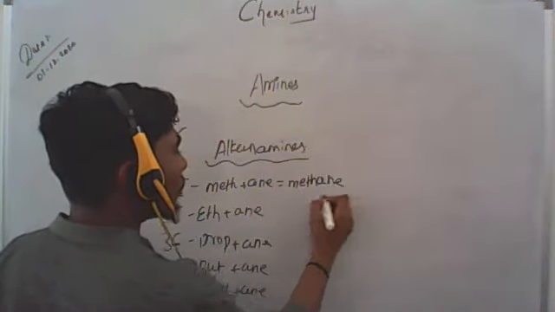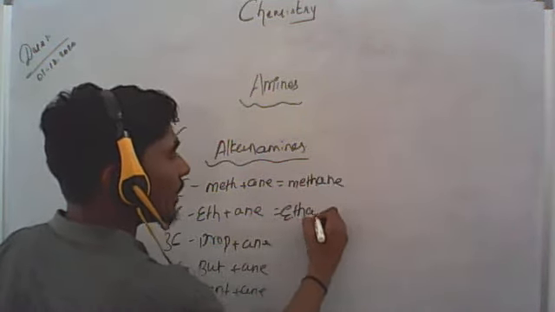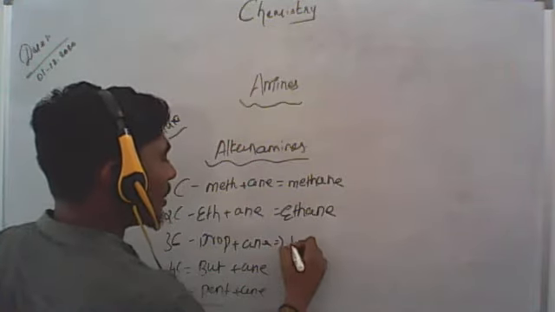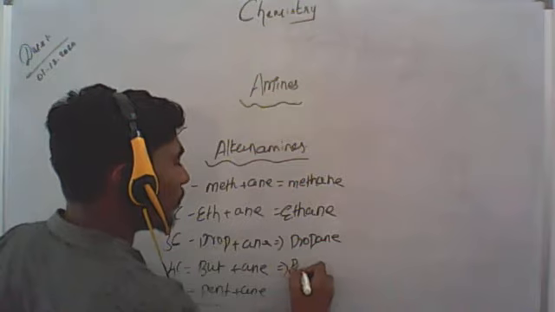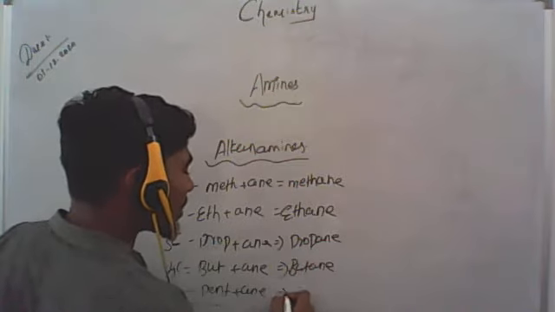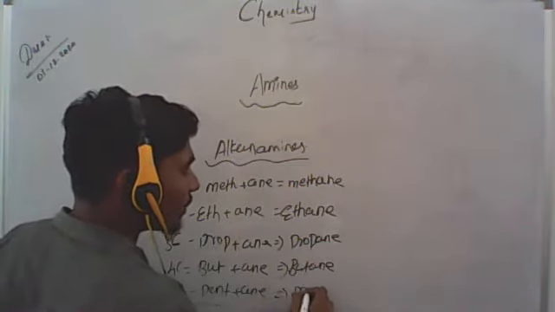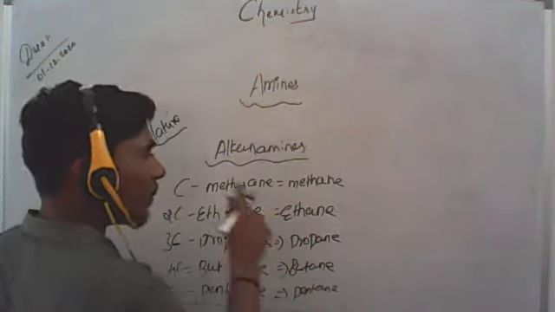Methane. Two carbon, ethane. Three carbon is called propane. Four carbon, butane. And five carbon system is called pentane. Okay. Now,